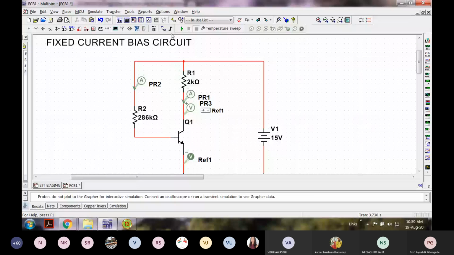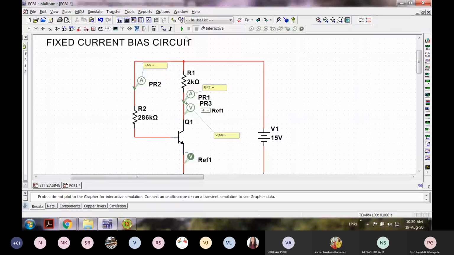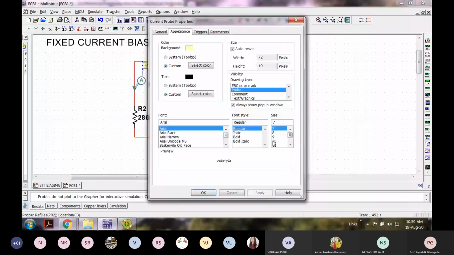Once you simulate this, it was set for temperature, I guess, so let me change this to interactive. Now I can increase the font size to, let us say, 16.